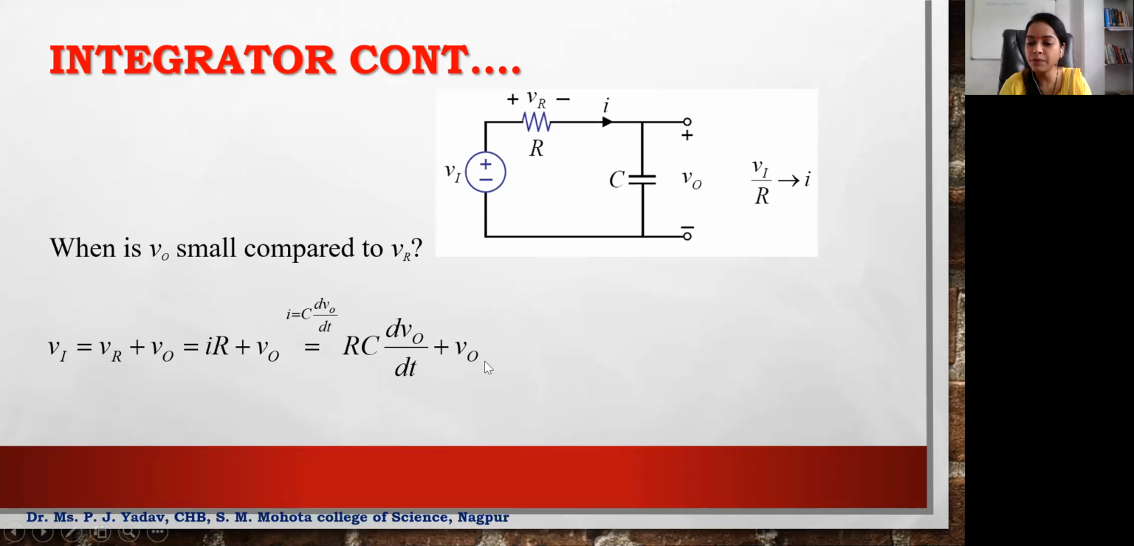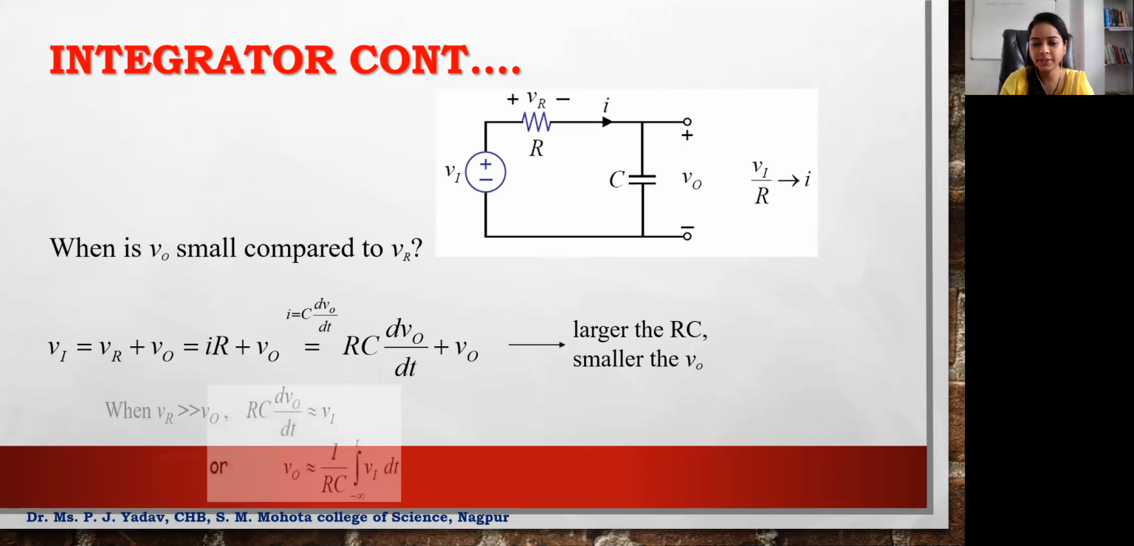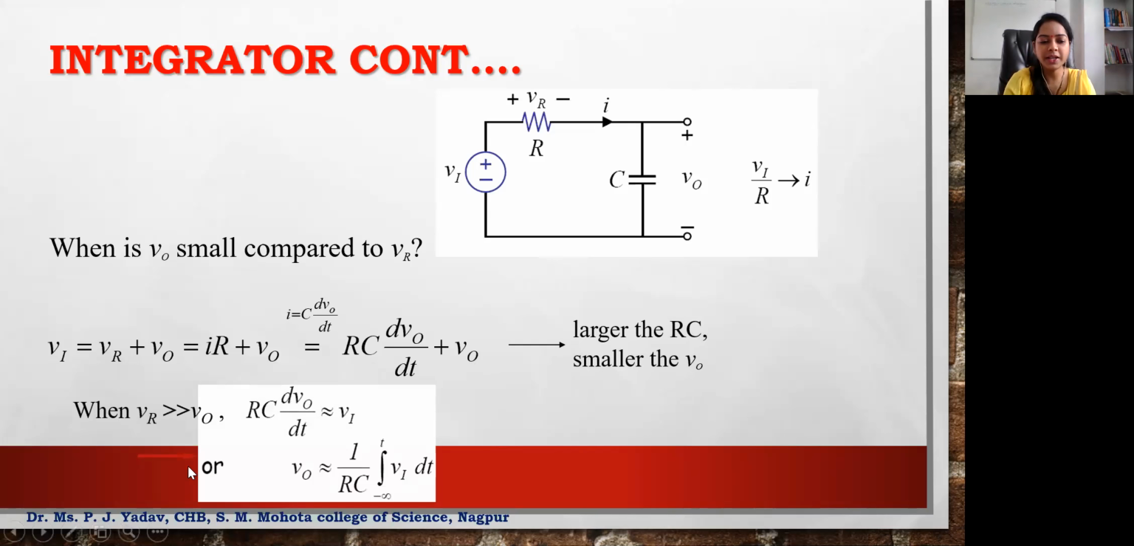So can we take the value of V out from here? We can calculate the output VO if we know the value of RC, they are the constants, and if we know the input voltage. So this is how we are going to calculate the output voltage across the capacitor. Okay. So finally, if VR is very much less than V out, we can write RC